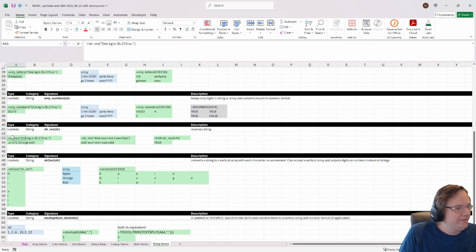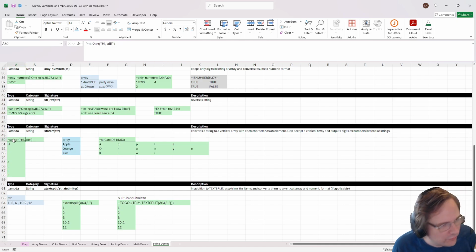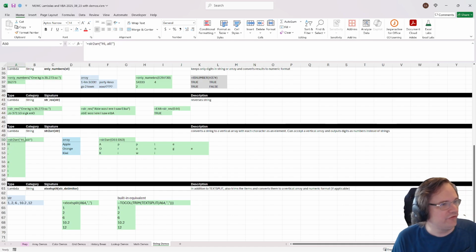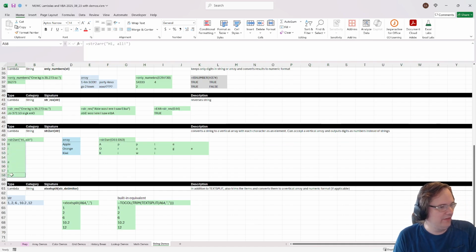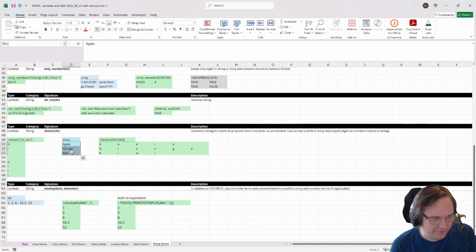String reverse takes a string and reverses it. So if you want to check if it's a palindrome, equal to itself, it's not case sensitive, so even though the capitals of this palindrome change, it still counts. String to array takes a string and makes it a vertical array, including the space and the exclamation mark, which get their own cells. If you start out with a vertical array, now you get a 2-dimensional array, which is each of these stacked on each other, which is sometimes useful